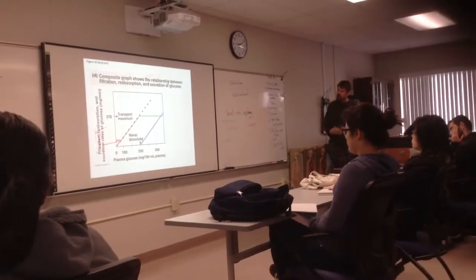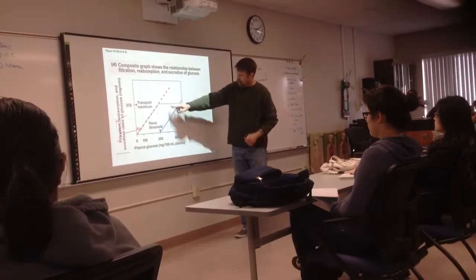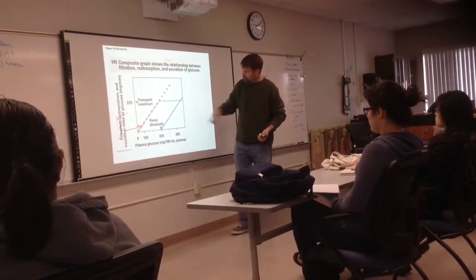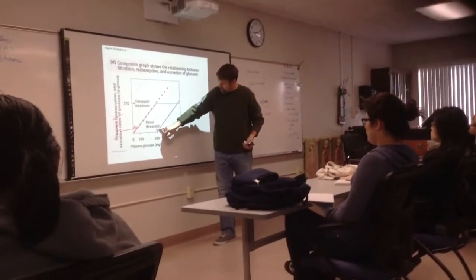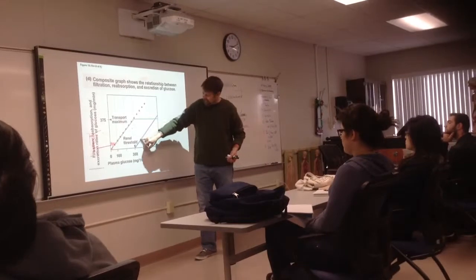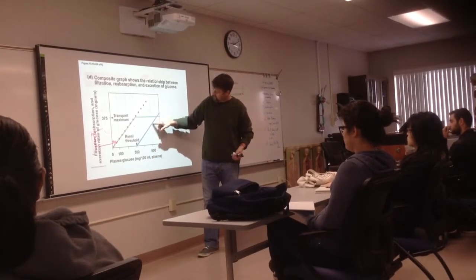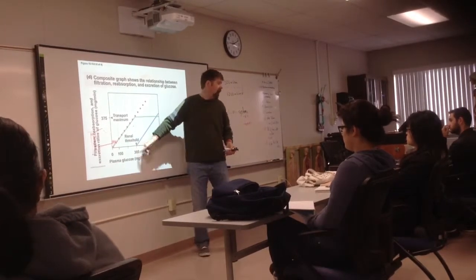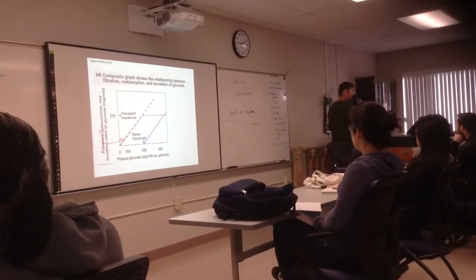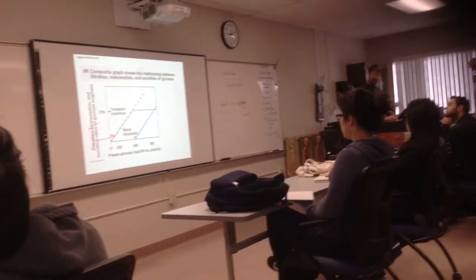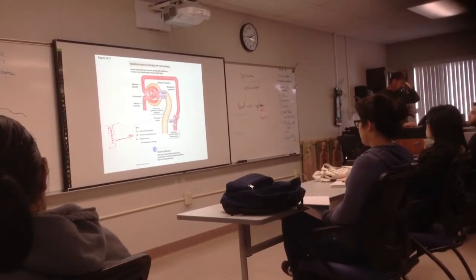So this is what we look at here when we think about whether or not something will be found in the urine. It depends on how much of it you can reabsorb. This reabsorption has a transport maximum rate right here. And you will not see things in the urine until you exceed that threshold. So here, if we're looking at the concentration of glucose in the urine, you're not going to see it until you're above 300 in the blood. Why? Because my kidneys are adapted to reabsorb everything as long as it is below that. But again, because of this property of protein-ligand interaction, we do have to consider